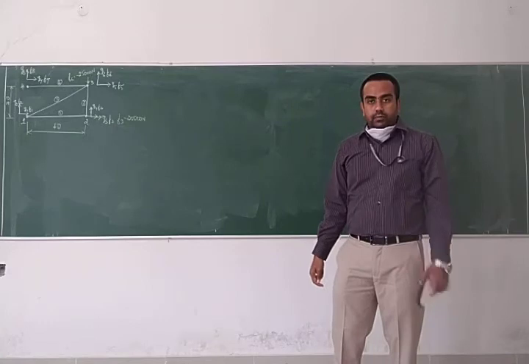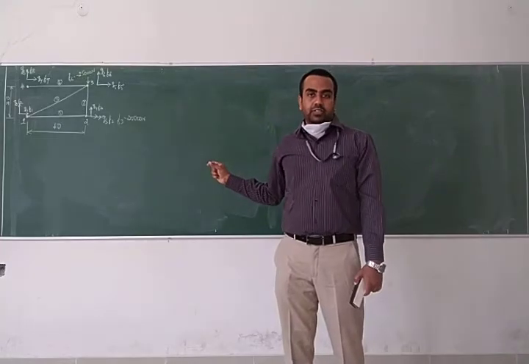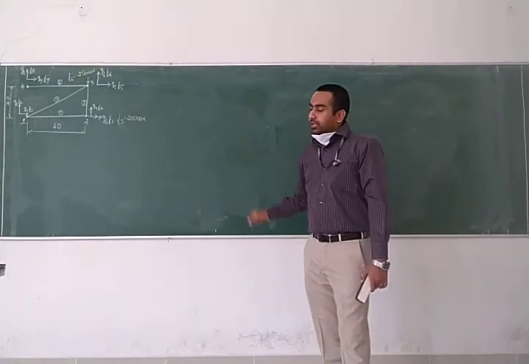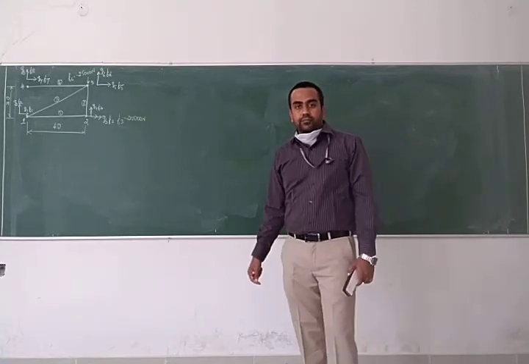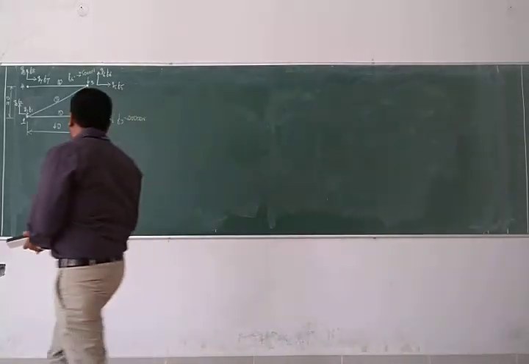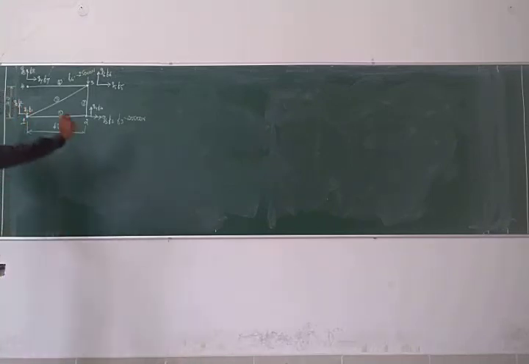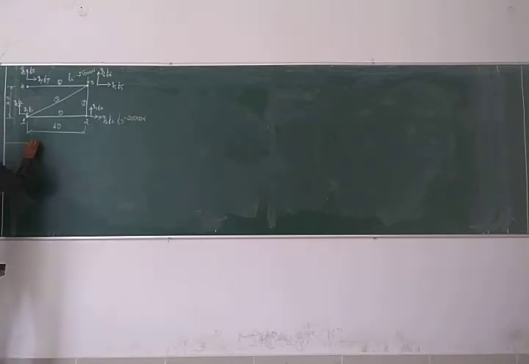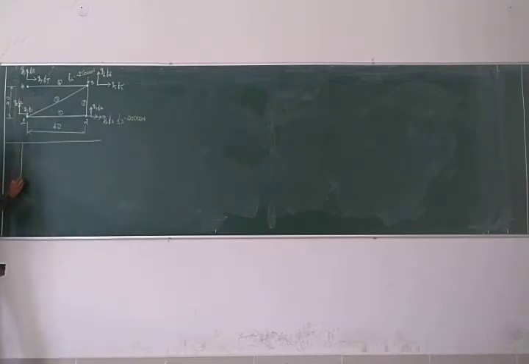But before we do that, we require the values of directional cosines L and M, as we have discussed in the previous class. So we need to first tabulate the values of L and M and then calculate the elemental stiffness matrices. So in order to do that, I'll first put a table. Please do this for the entire truss problems. A table consisting of element number. This is element number. Use white chalk.